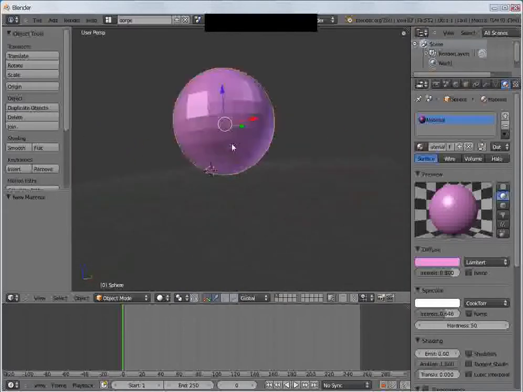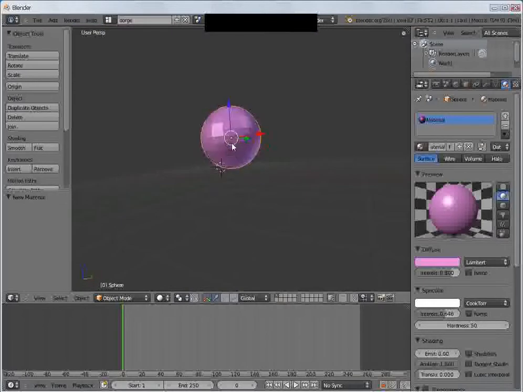Scroll to zoom in and out. Now to orbit, click just the middle mouse so you can orbit or spin around. Alright. Okay. Now let's add a